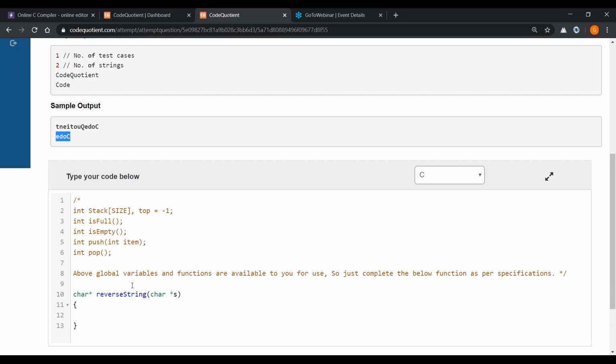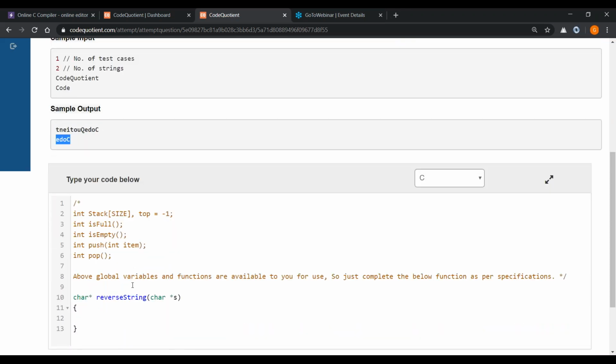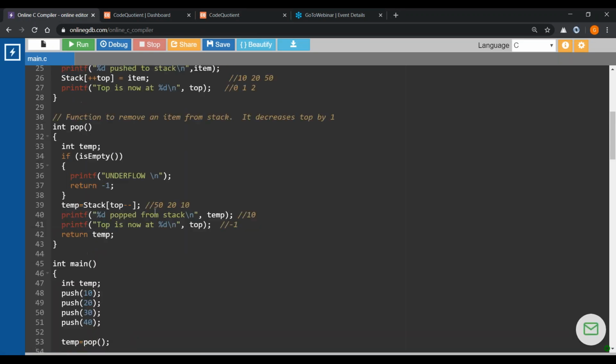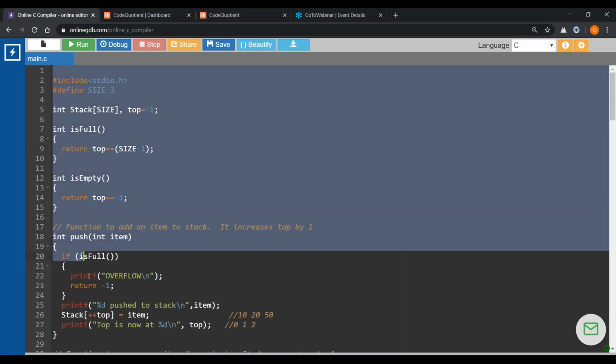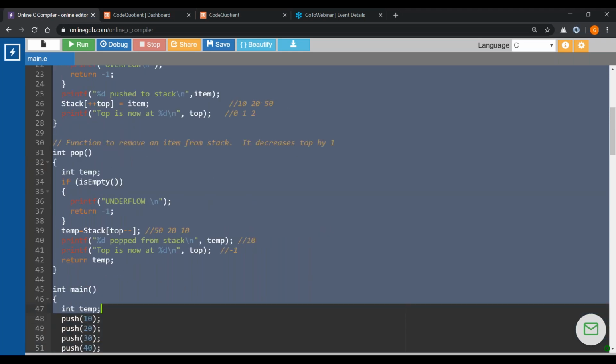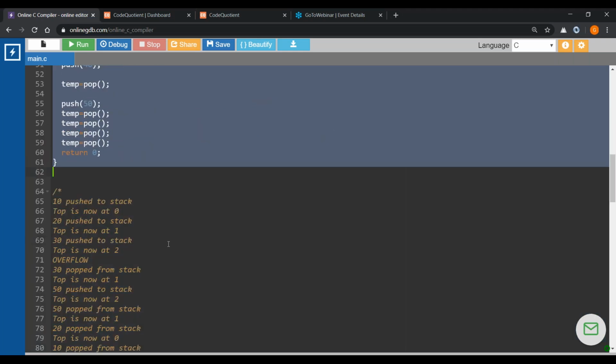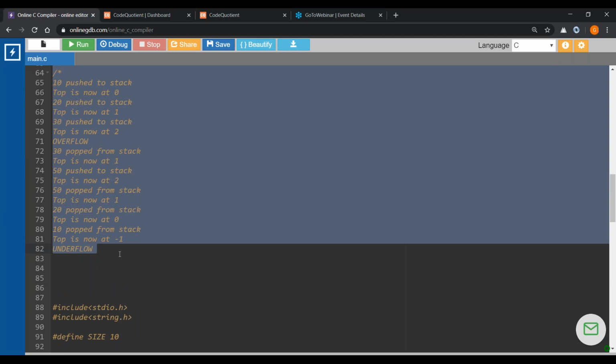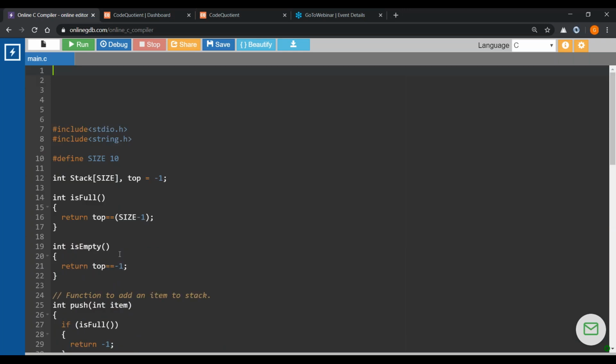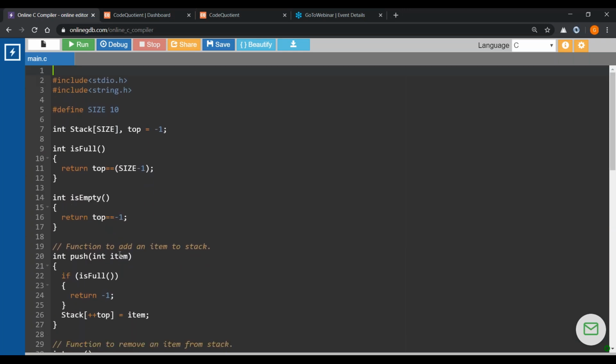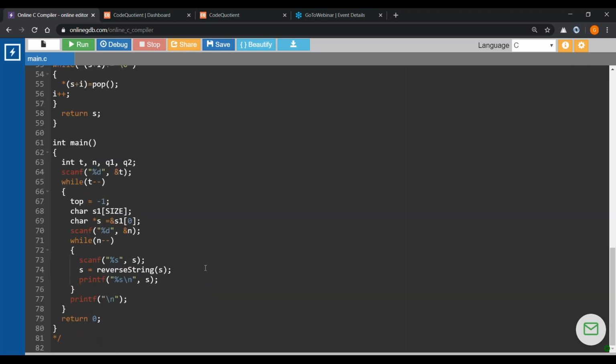That means to run this, first we should be knowing the main. Let me just explain this to you. What they have done is something like this.